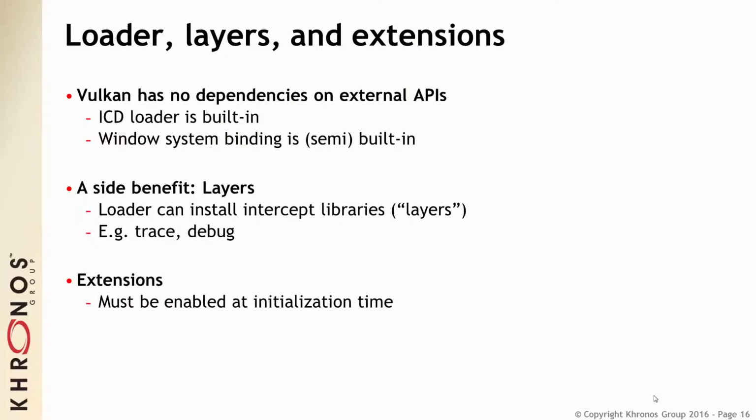Vulkan has this built in through the instance. You can just turn on a trace layer, enable it, and the loader will silently put intercepts on every function in the API, and those intercepts will, when you call that function, record in a log file, etc., that you've done that and what the arguments were, and then pass control to the underlying function, and it all happens seamlessly and silently. When you're done with this and you don't need it anymore, you just disable the layer. It's gone. Extensions are also handled